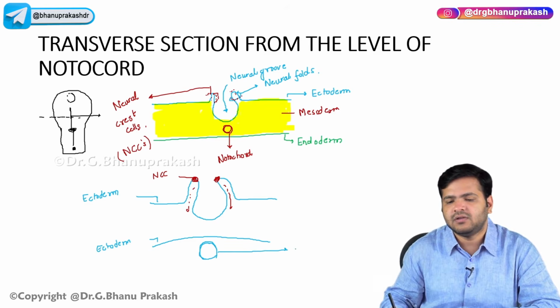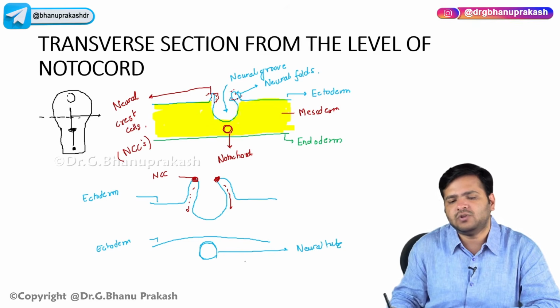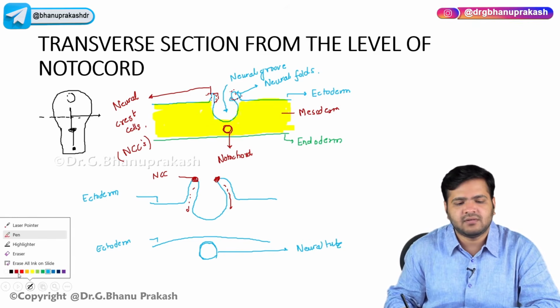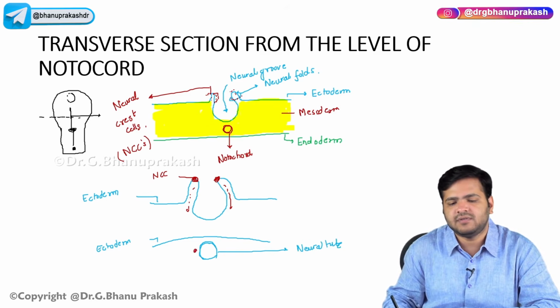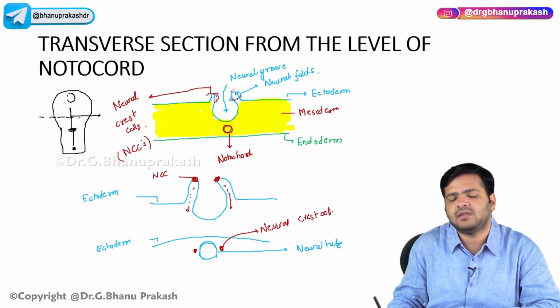It is the neural tube, and on the sides we have these neural crest cells, right? Neural crest cells,